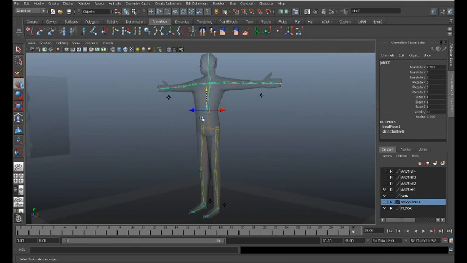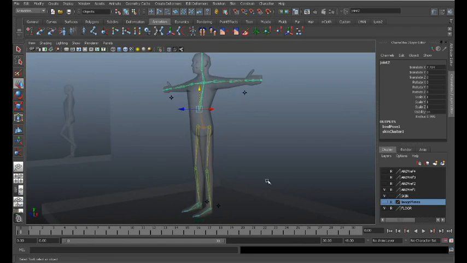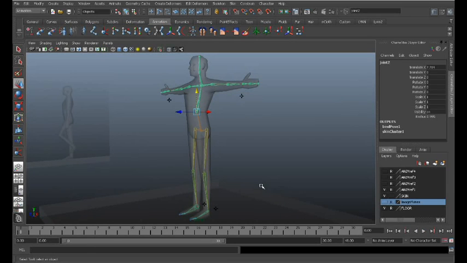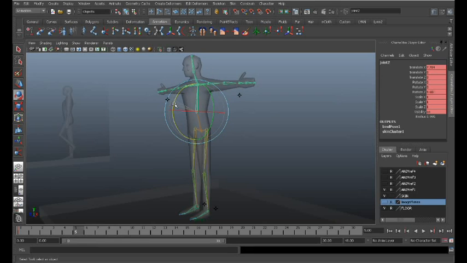Now, for the keyframing option, we want to make sure that we are first on keyframe 0. What I'm going to do is come right down here on a keyboard and click S. And what that does is, you can see the little red line, it sets a keyframe for me. So if I come here now to frame, scrub over the timeline to frame 5, now I can rotate those bones, and you can see that by scrubbing back and forth now that it has set another keyframe for me,